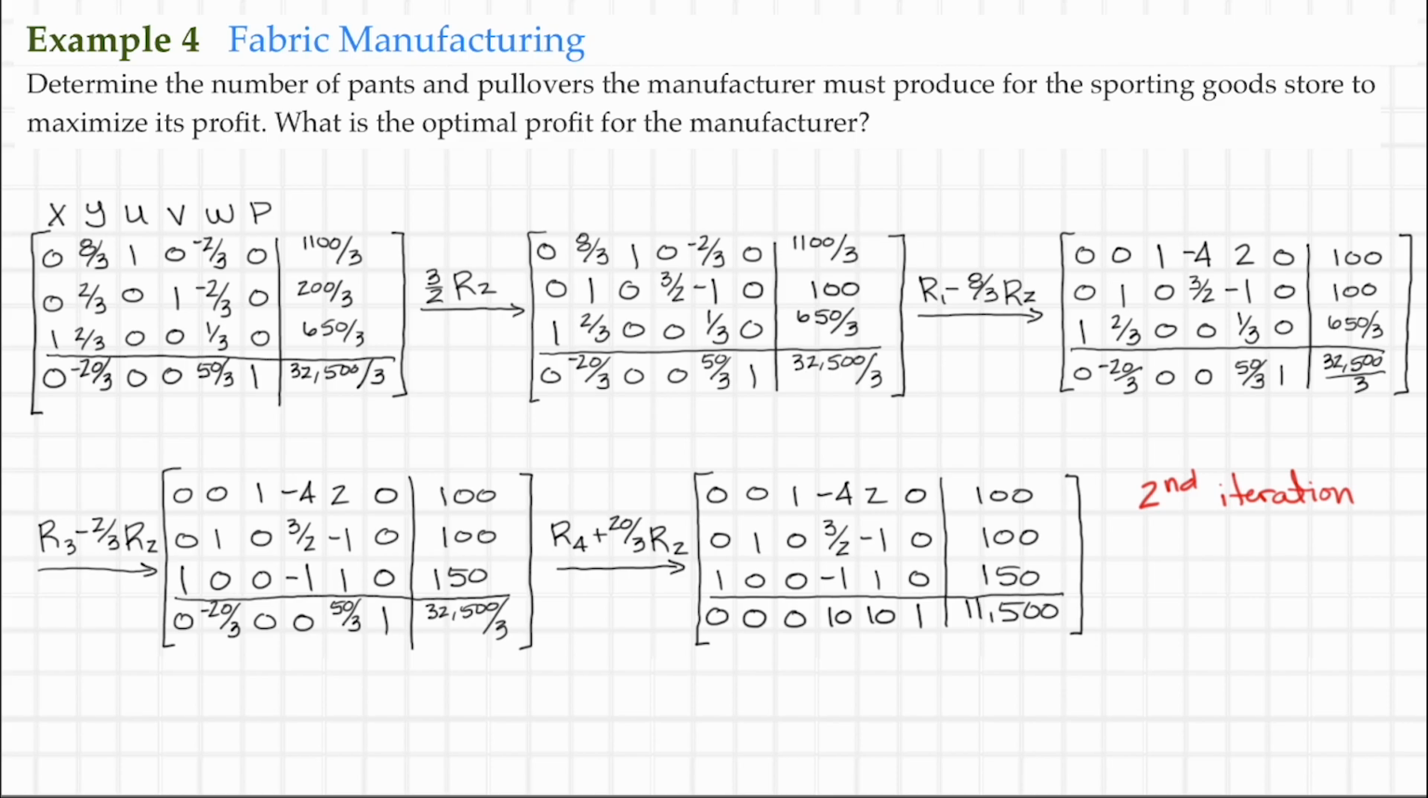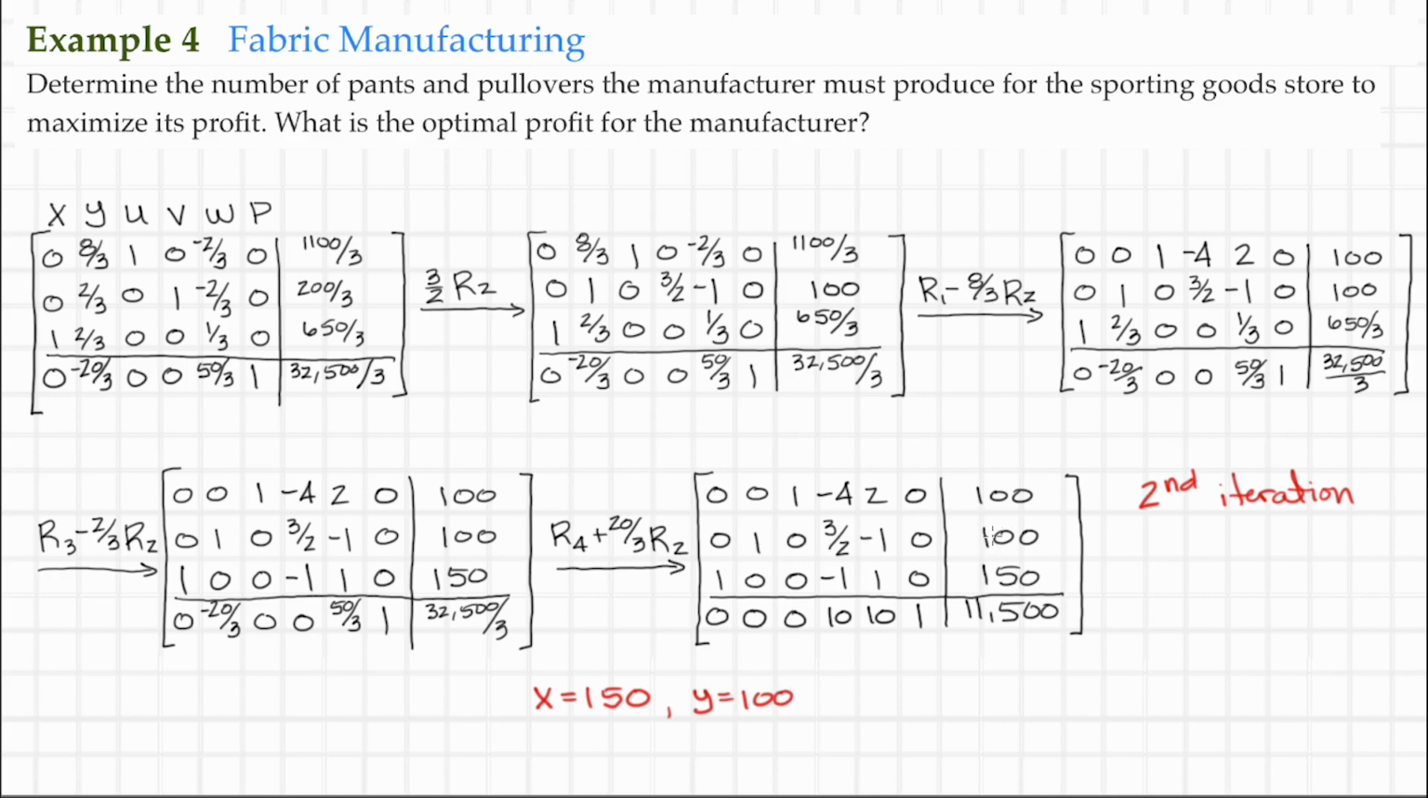Now, if we go back to the original question, it says determine the number of pants and pullovers the manufacturer must produce for the sporting goods store to maximize its profit. So here is X. X represents the jogging pants. X is equal to 150. So X is equal to 150 pairs of jogging pants. Here's our Y, and Y was our pullovers. And Y's got to be 100. So Y has to be 100